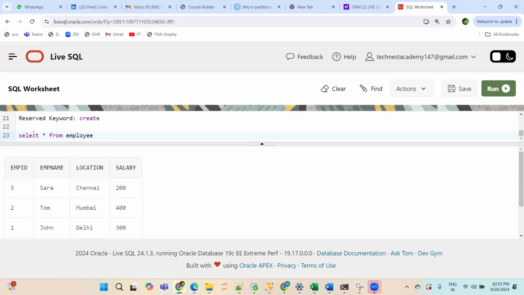Similarly, in the world of SQL as well, you can apply a filter. To apply a filter, we have this WHERE keyword. So I will write here where location equals Delhi. Okay, now see, I'm executing this query. Tell me, is this the correct output?